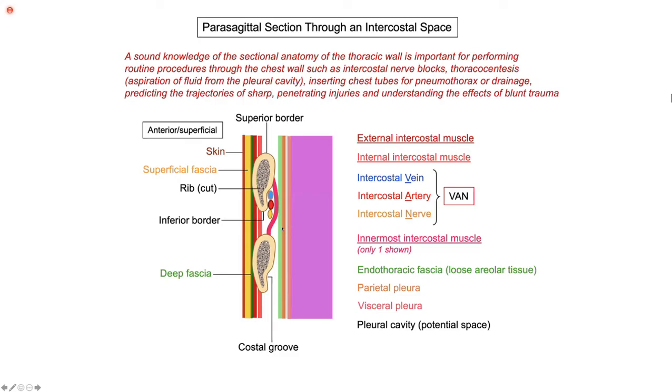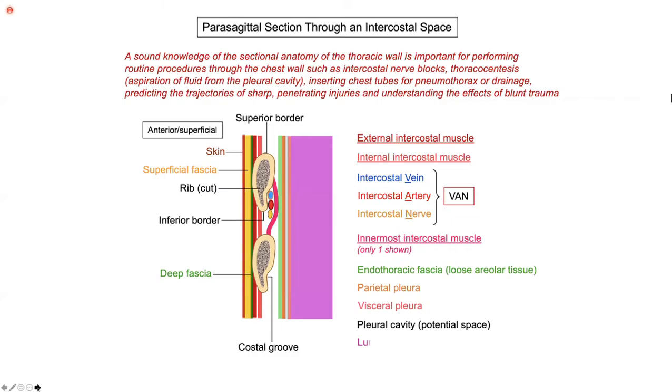So if I ask you what my needle is piercing if I'm passing it through this intercostal space across this line, you can see that it's going through skin, superficial fascia, deep fascia, external intercostal, internal intercostal, innermost intercostal, endothoracic fascia, parietal pleura, pleural cavity, visceral pleura, then to the lung. If you miss any of these, you'll be losing your marks. So this concept is really important, but it's not only for this purpose.